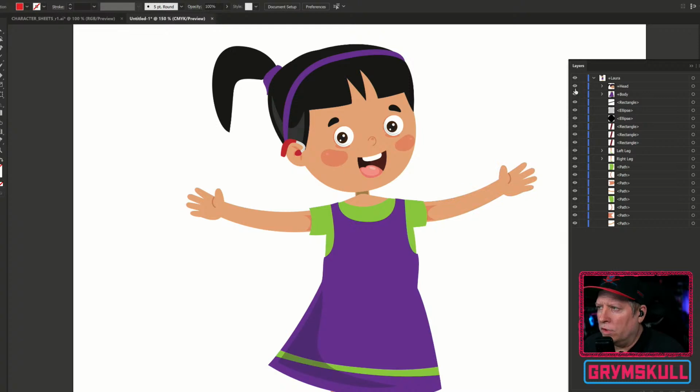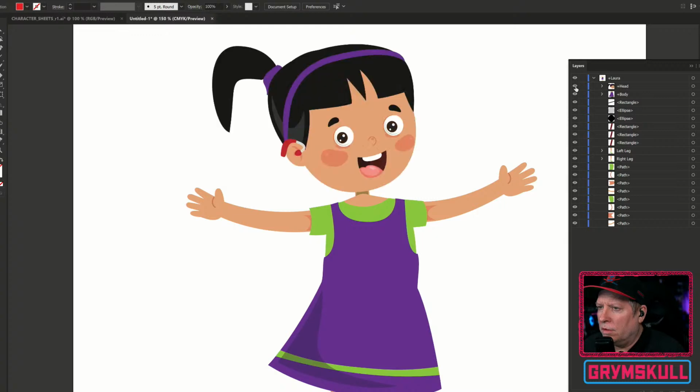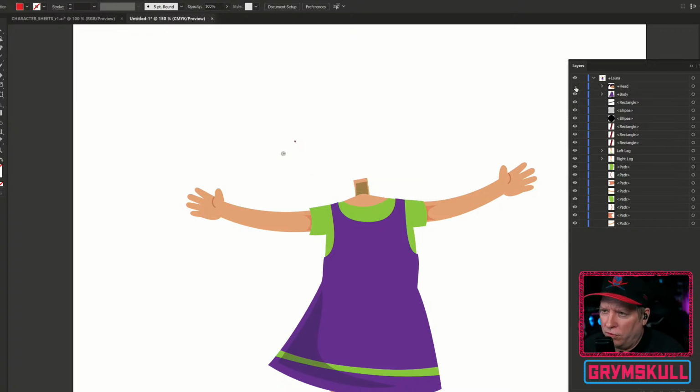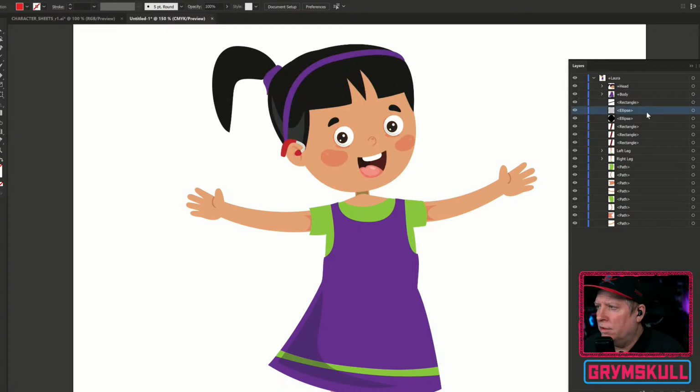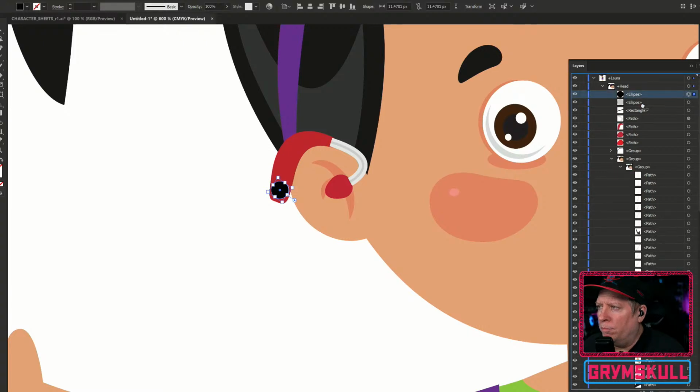All right. So we have Laura's head kind of separated. There's a few little items there I see I need to move. That and that, and then does this need to go up there? I think we need to move that to the back, and that up to the top.